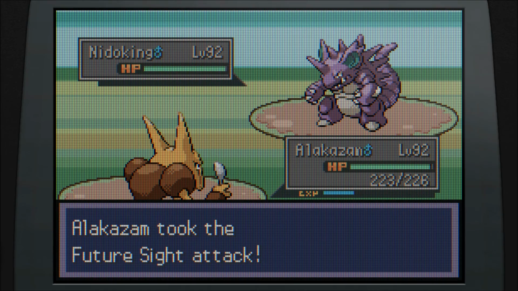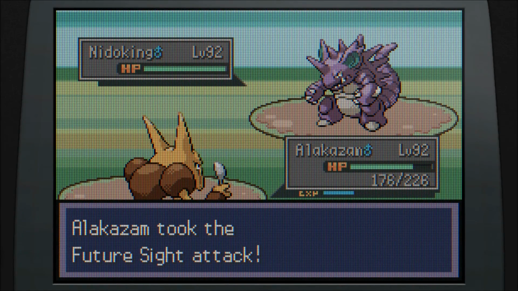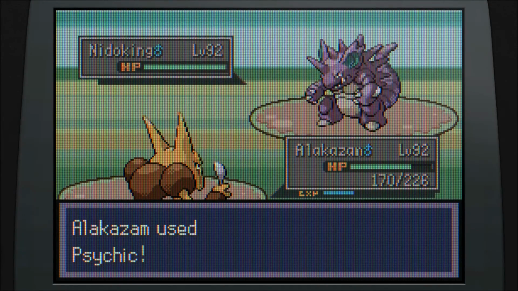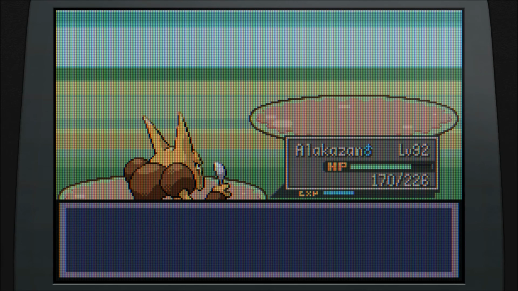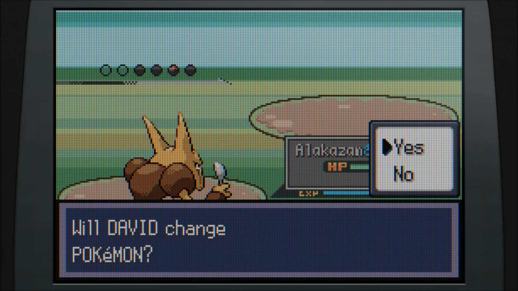We are going to continue on with this battle, and hopefully take down this Nidoking with Psychic. Psychic is such a good move. Like, seriously, you can never go wrong with Psychic. And indeed, we get another one-shot. Very nice. Alright, Pidgeot gets experience, Alakazam gets experience, and up next we have Persian,